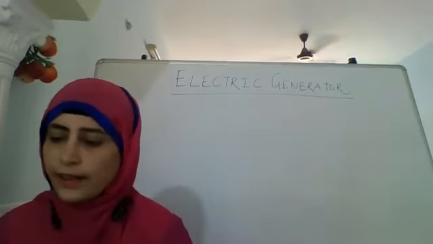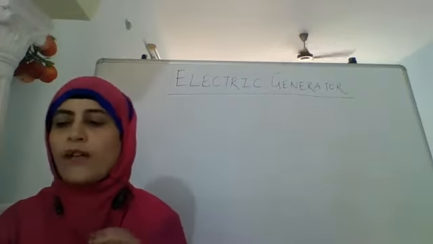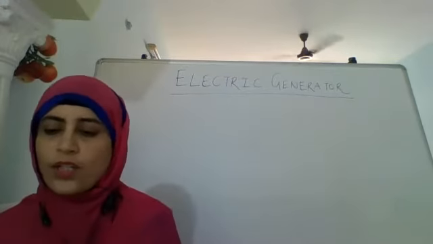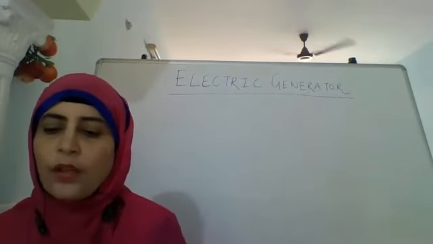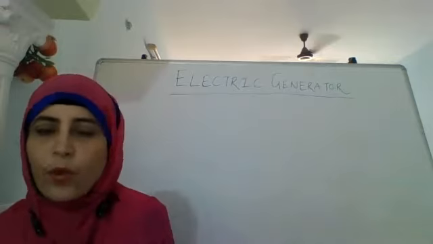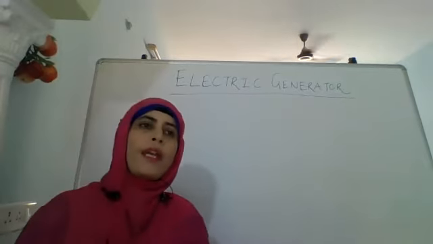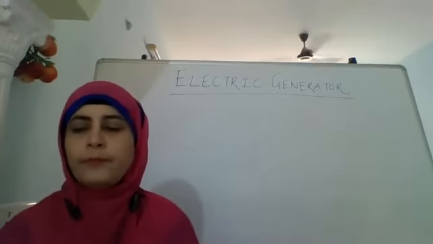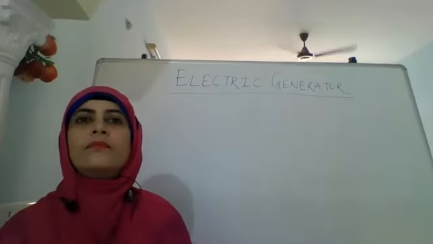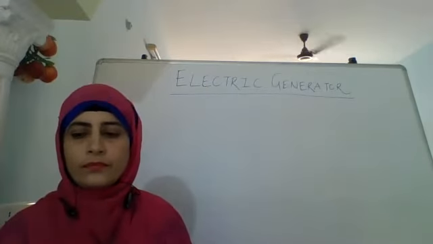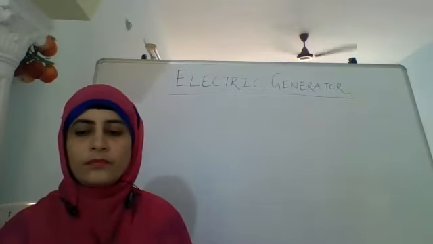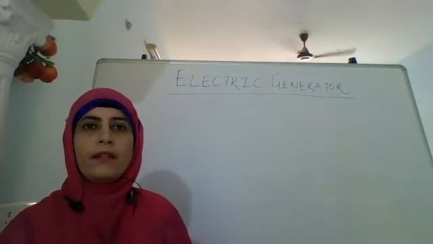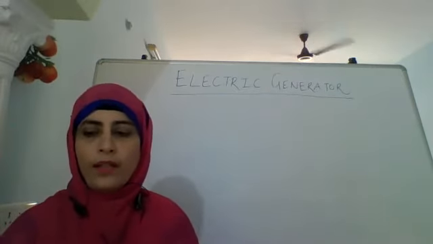Now we'll go to the electric generator. Quickly, we have to see the diagram of electric generator, which is very much similar to what we had in the electric motor, except for a major difference. What is that? Can somebody tell me? Instead of split ring, there is a conducting ring. Okay, there is a complete ring, not a split ring.